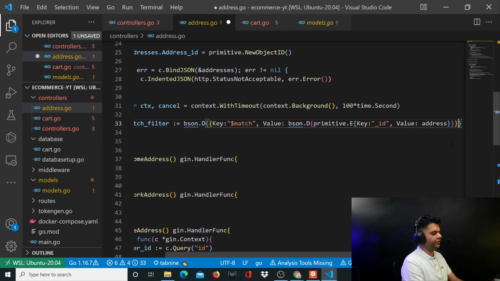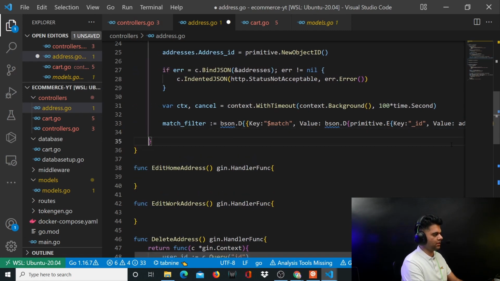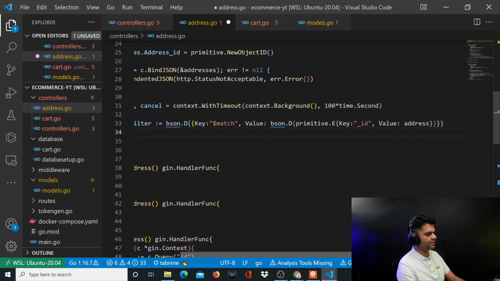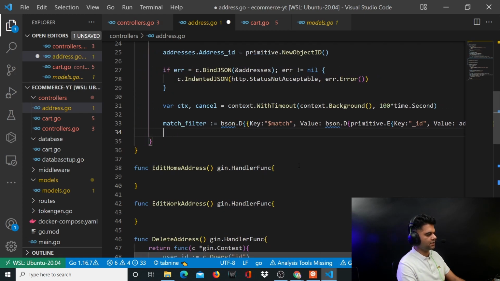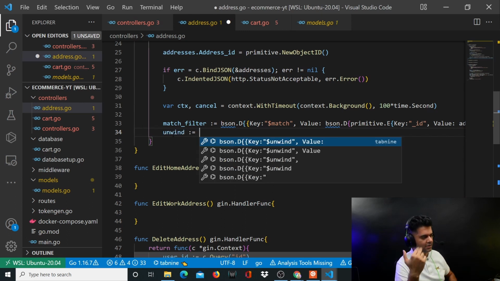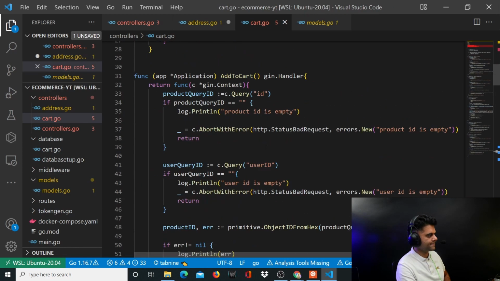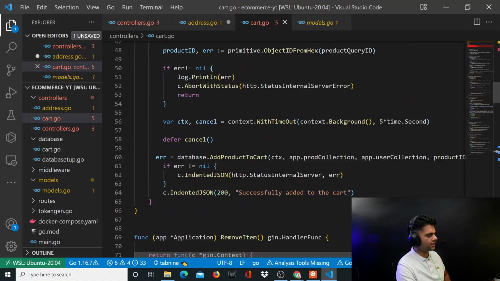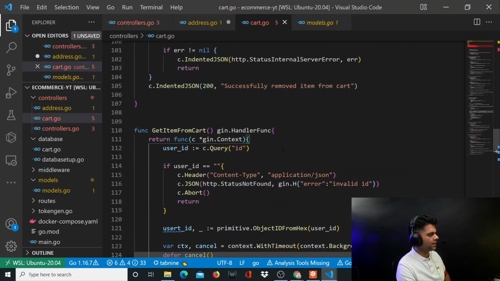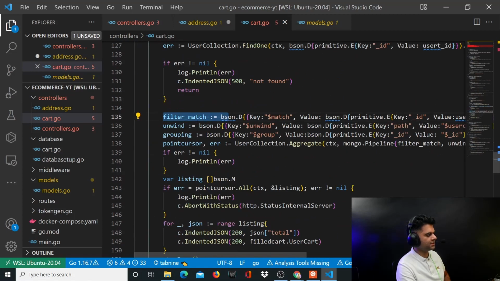Now, just a couple of videos back, I had explained to you what these stages are. Match is a stage. So you were basically just matching the address, which is matching the values for that address. First, let's find that. Then we'll unwind. We'll use the exact same order of stages that we followed in the cart function when we were doing the get item from cart function: filter, unwind,